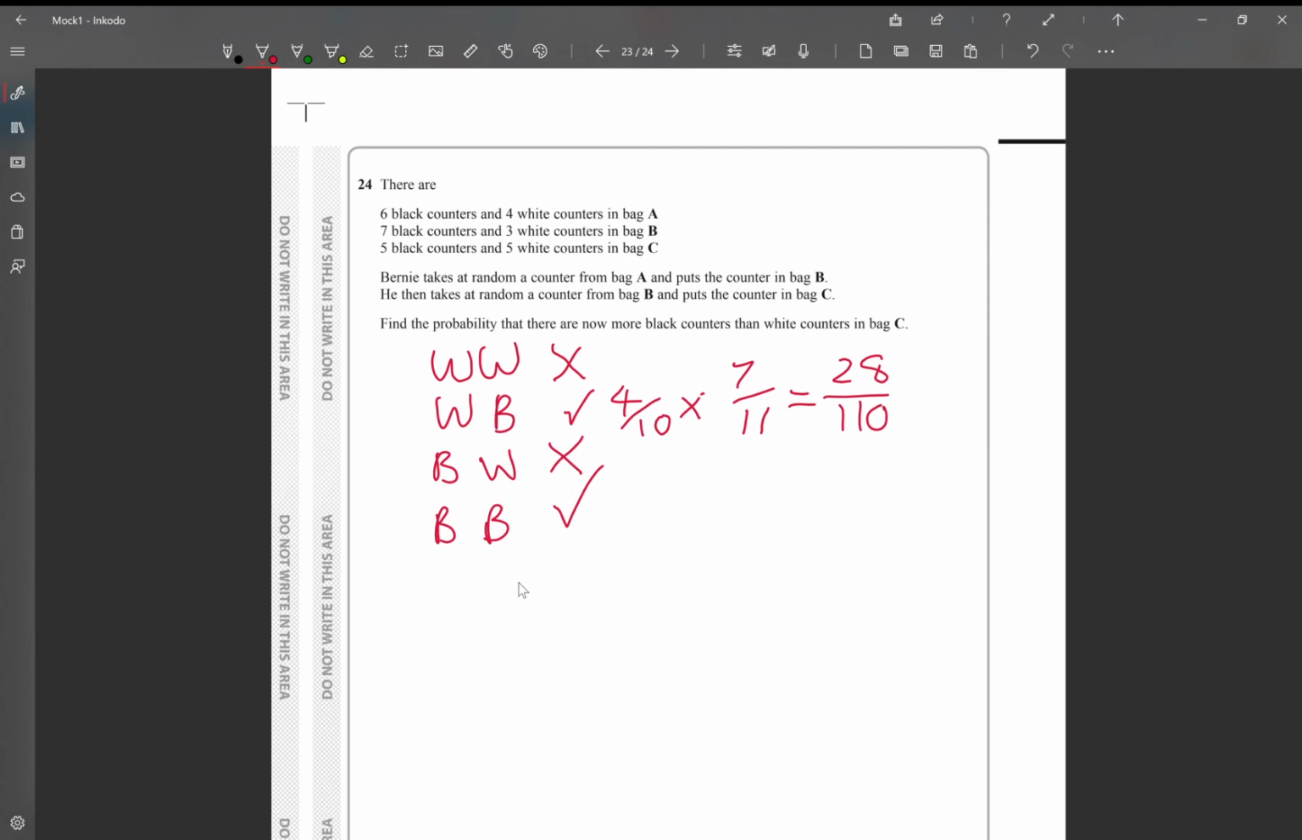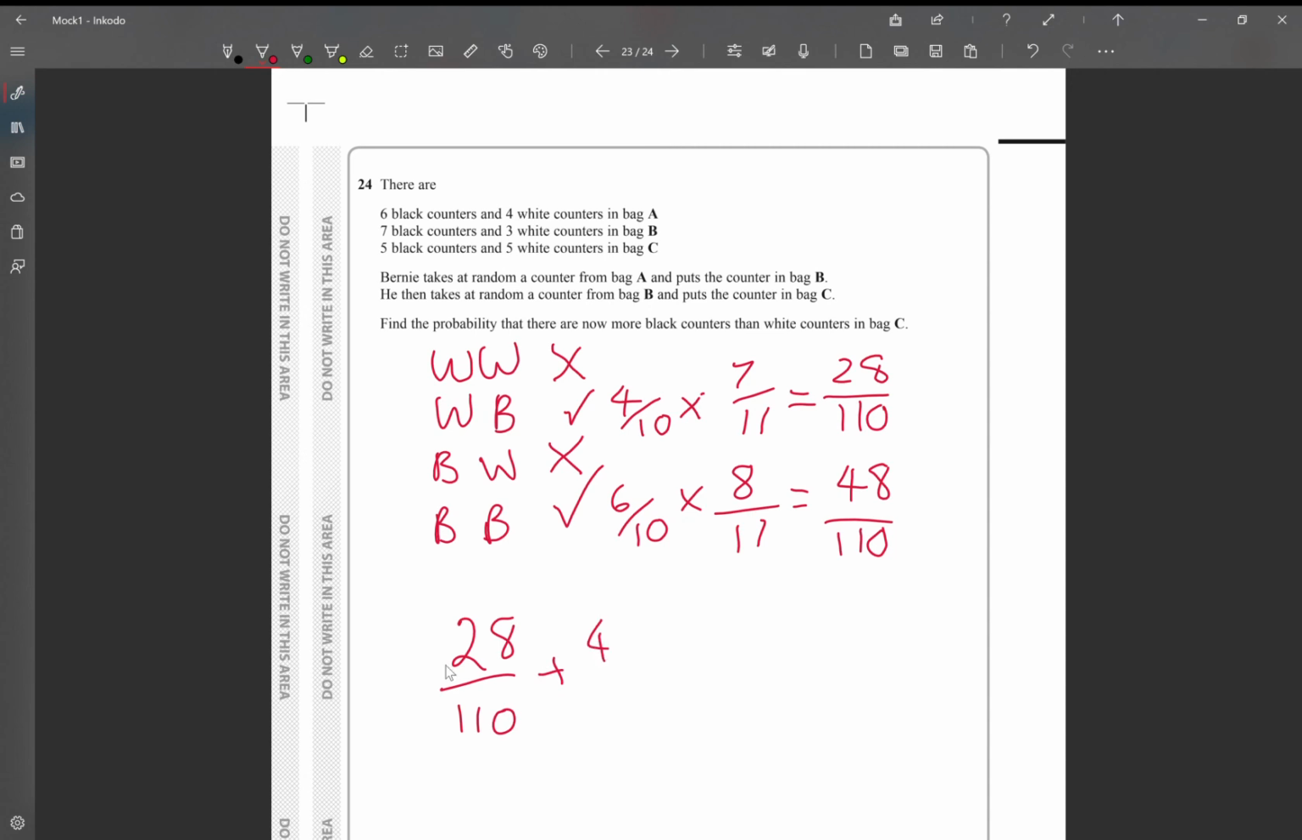Alright, black then black happening, so there are 6 black counters in the first one out of 10. And if you pick a black out of the first bag A and put it into B, you're increasing the black counters in there. So therefore, it won't be just 7, it'll be 8. Alright, so now you have two things, so that and that happening, so you're multiplying it across. And then obviously there's 2 ways of doing that, 2 ways of there being a black counter extra in the bag C. So you're just going to add